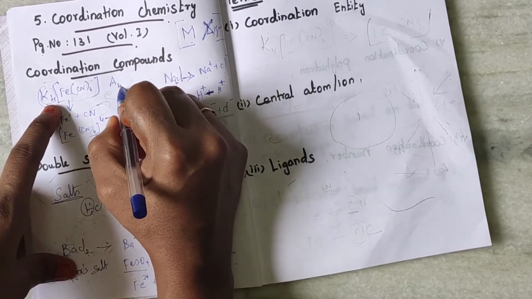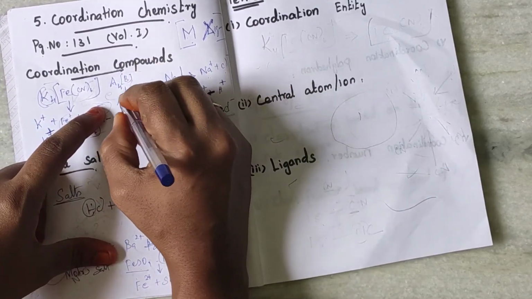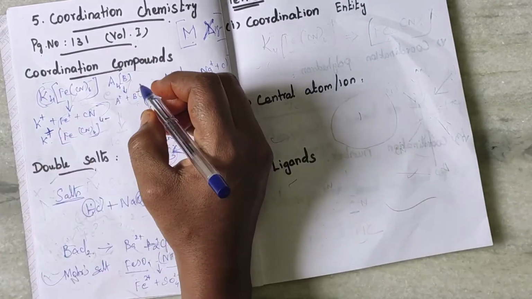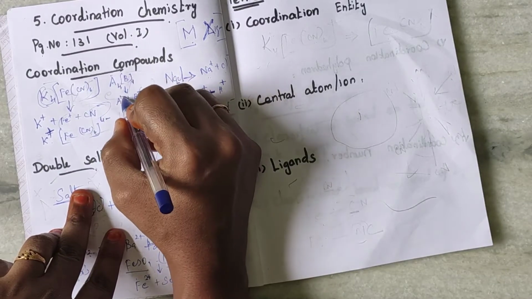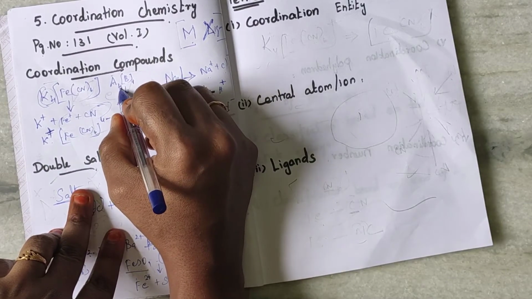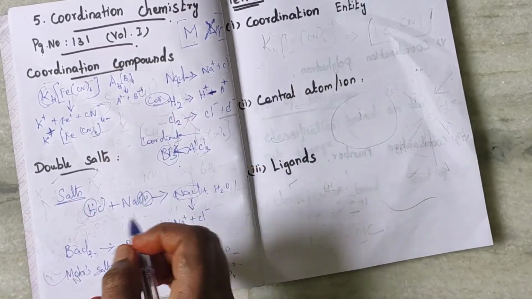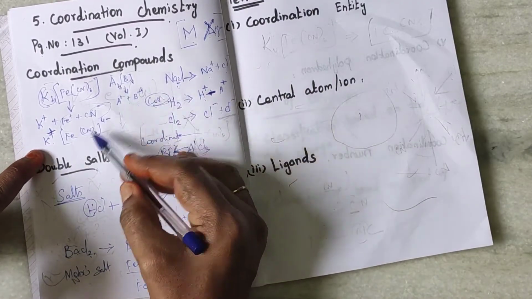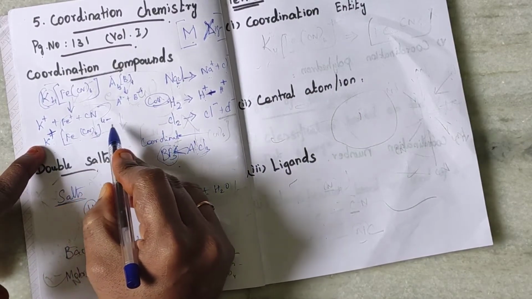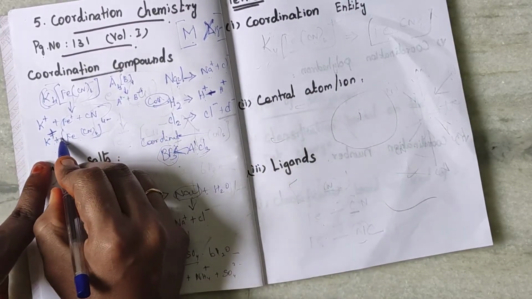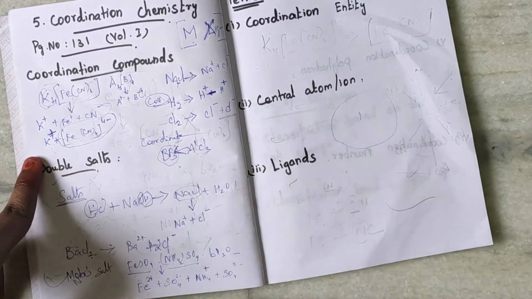For a compound like A4B, how will you split it? A plus plus B minus. B has valence electron 1, this goes here as plus 1. B has valence electron 4, this 4 goes here: A plus B 4 minus. So we split this compound by this method: K plus, Fe(CN)6 4 minus. So we have one cation and one anionic complex.